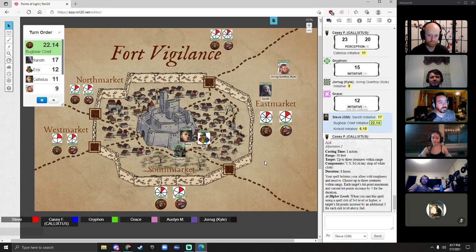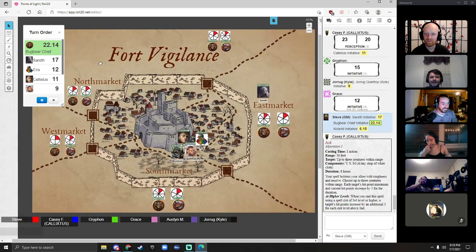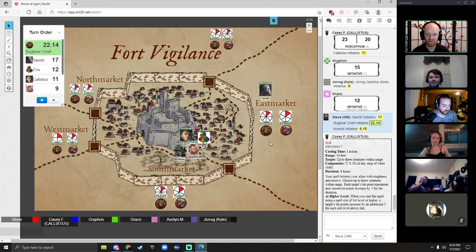Yeah, so that's where I'm going to start. It would be at the keep. All right, so Calixtus is at the keep. Where is Jorg? Are you really out in the middle of the field in East Market? No, I haven't. Yeah, I'm just going to fight everybody on my own. I just haven't moved anything. All right. So Calixtus is in the keep. Anybody else have a